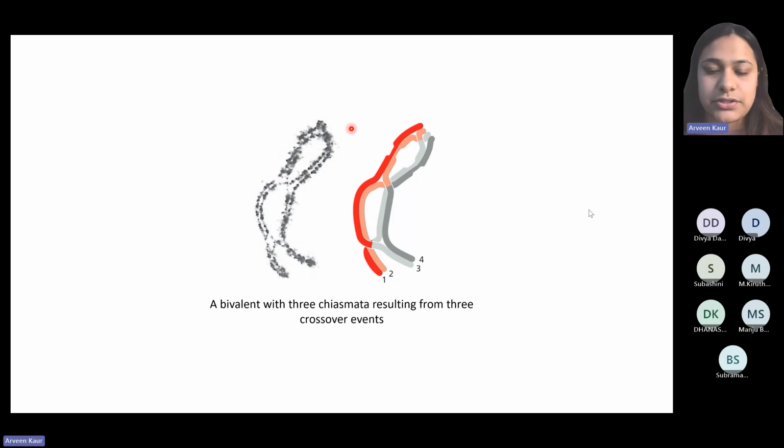So I have attached a charger. What I was saying was that if you can imagine that after the disassembly of the synaptonemal complex has occurred, this is what the bivalent looks like, right? You can actually see that these are the sites at which the two homologues are attached. So these are probably the three sites wherein crossing over has actually occurred, right? But